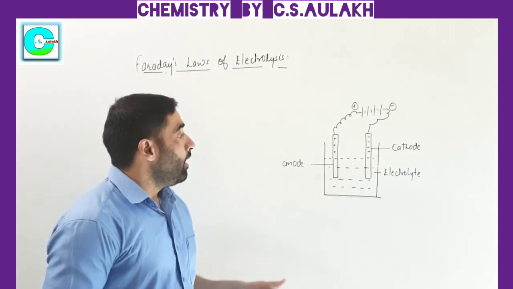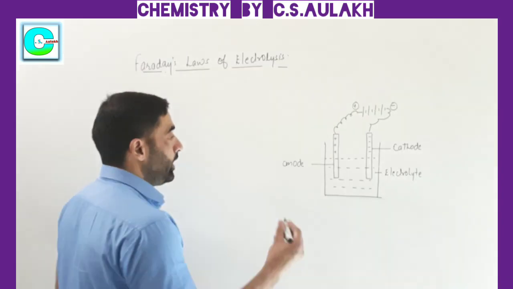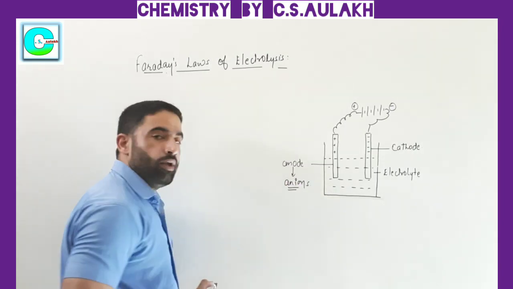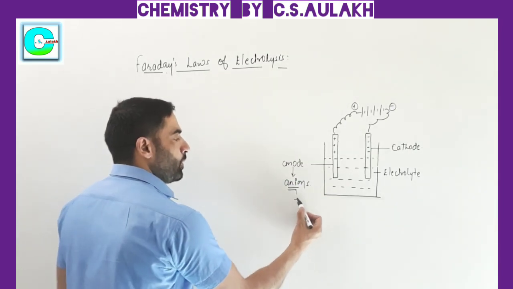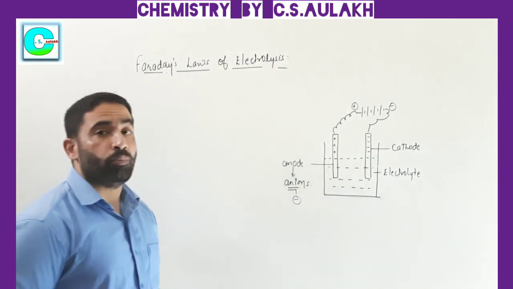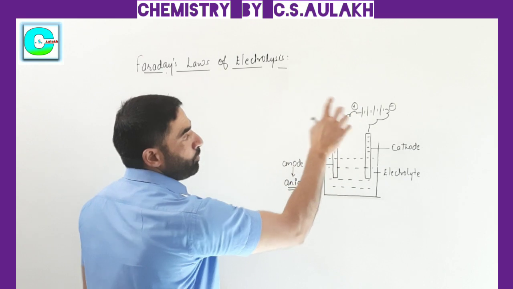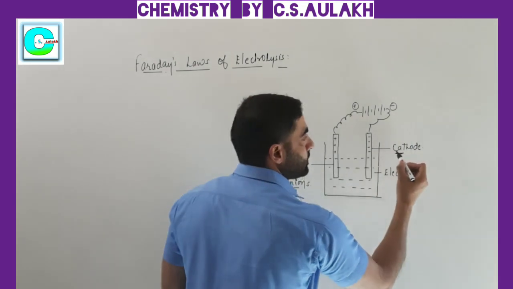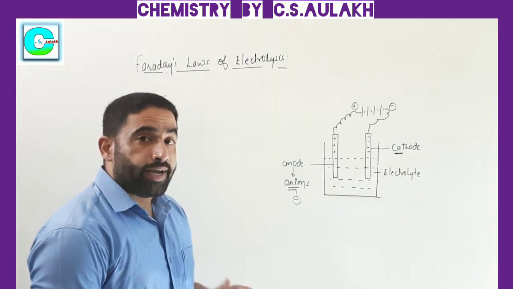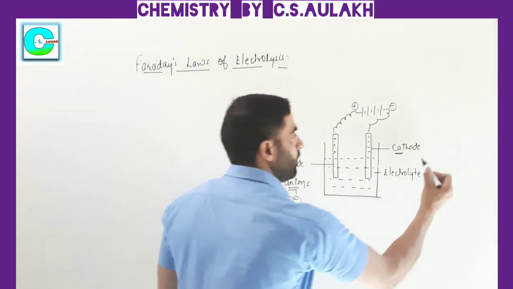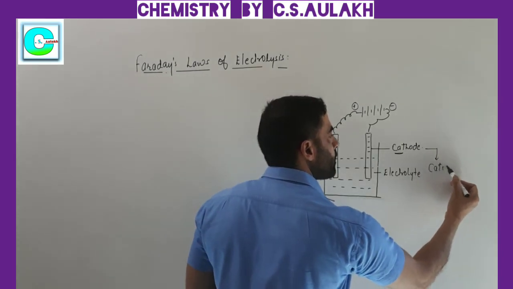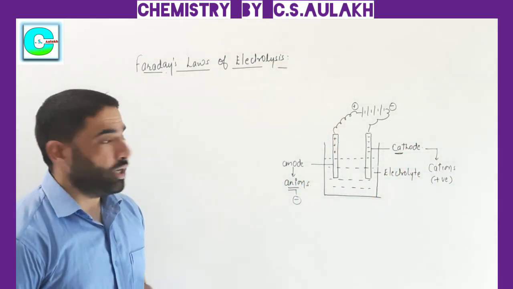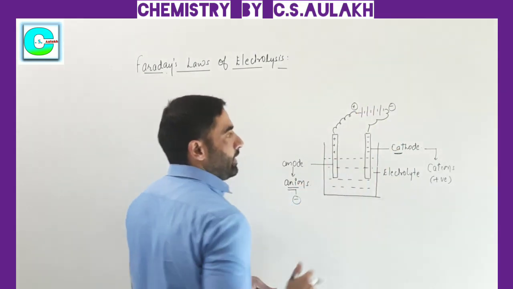We can simply say the anode is the electrode which attracts the anions toward itself. As anions are negatively charged particles, the rod must have positive charge, so that's why we connect it with the positive terminal of the battery. In the same way, the cathode, as is clear from its name, attracts the cations of the solution toward it. As the cations carry positive charge, the rod must carry negative charge, so that's why we connect it with the negative terminal of the battery.